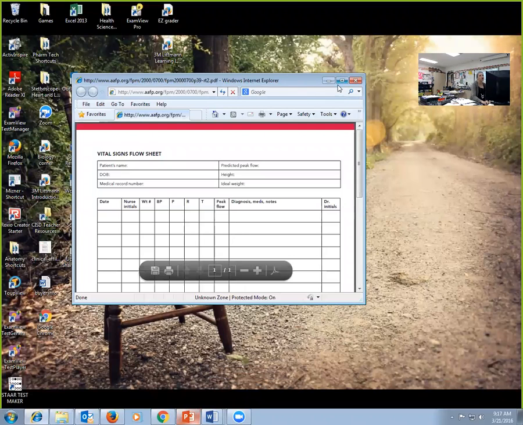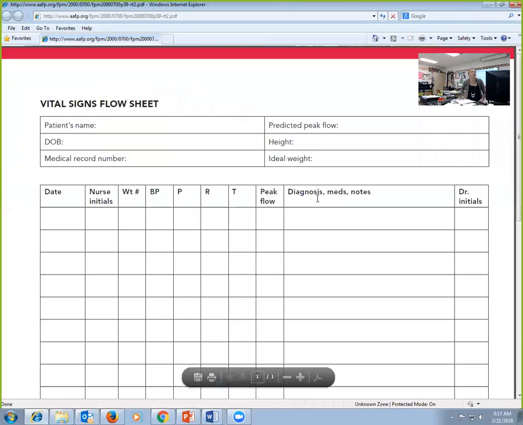There it is. So this is one example of a flow sheet that sometimes you'll see written down. A lot of times, especially in a hospital or in a long-term care facility, like maybe a nursing home, they'll have their name, and then you just keep an ongoing chart of their vital signs in one place. So let's say I check it every morning at 7, and then every night at 7. I can write the date and time, who I am, write down their vital signs, and then come back that evening. And whenever you have them all in the same place like that,